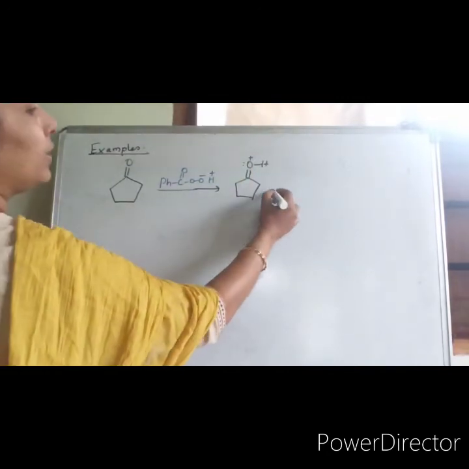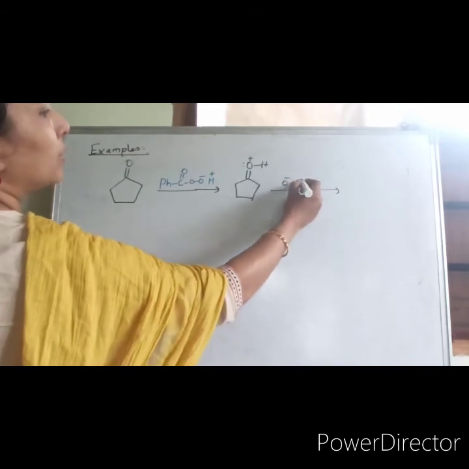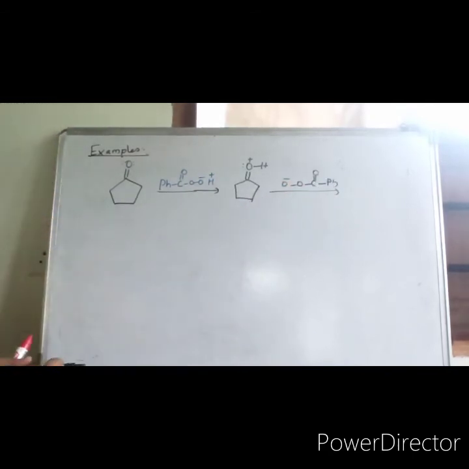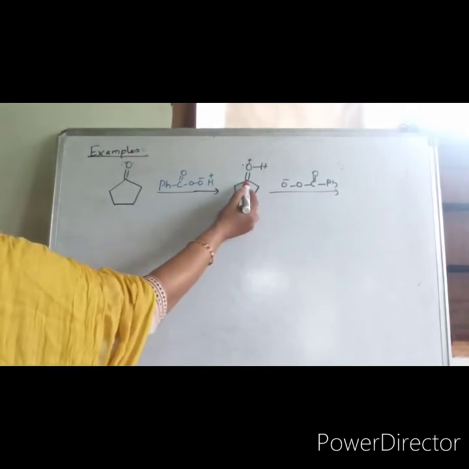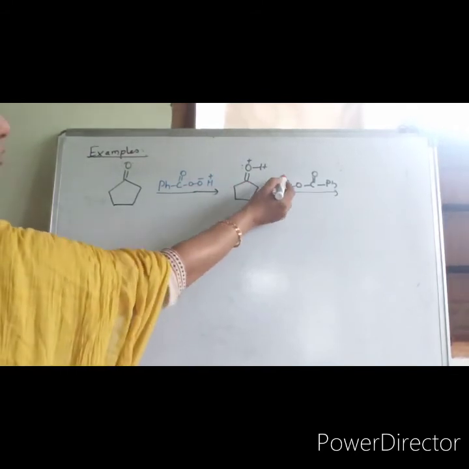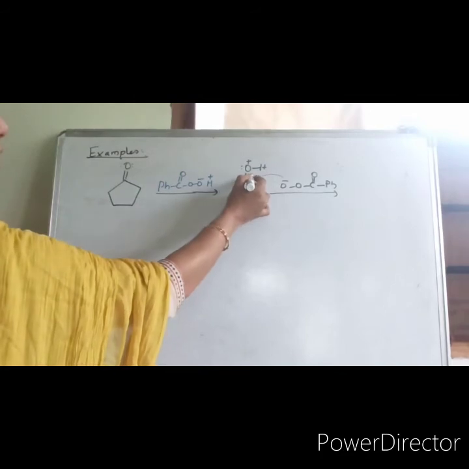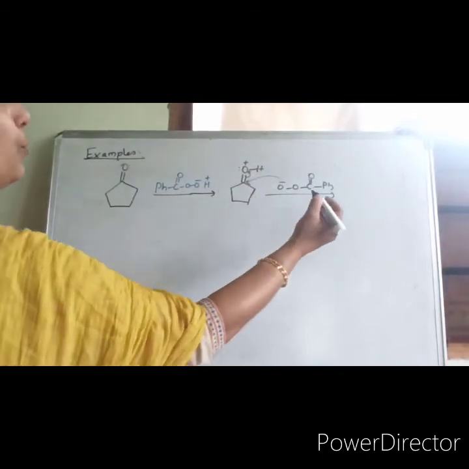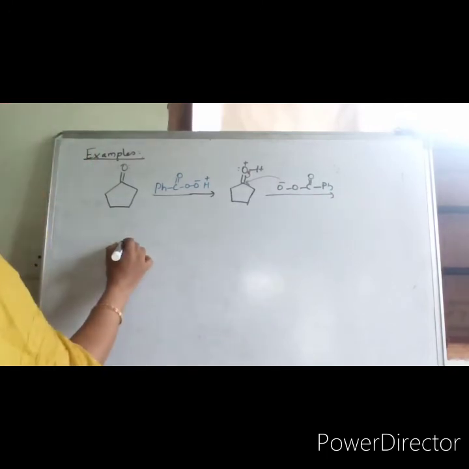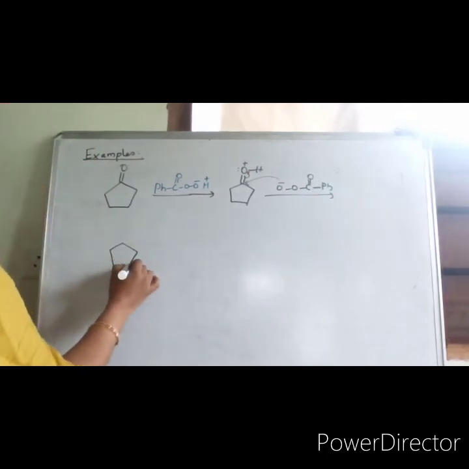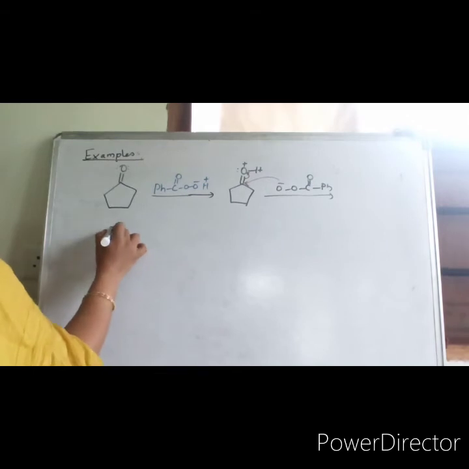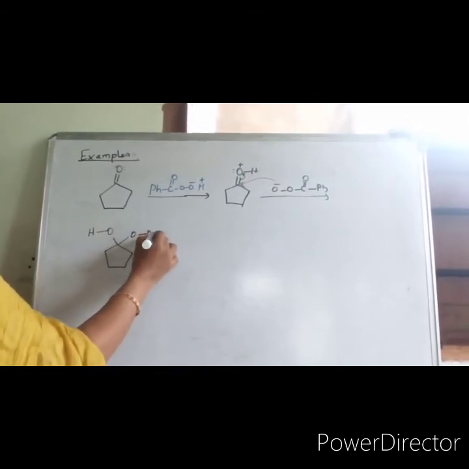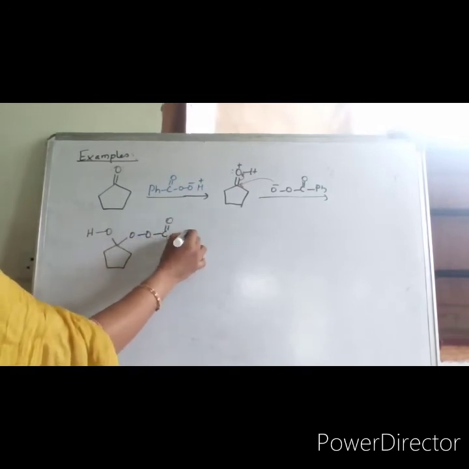Okay, so in the next step what will happen? This anion will be attacking the carbon. Now this is becoming electron deficient, so this will be attacking over here. The lone pair will be regained by the oxygen. So you would be getting the product like this, OH like this. Then here O-C double bond O-PH.